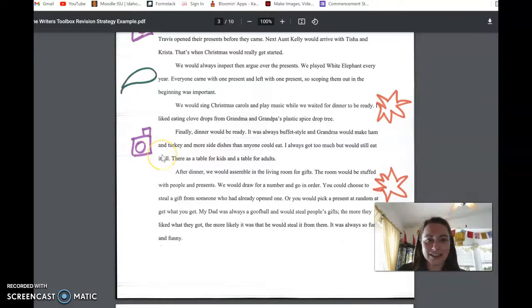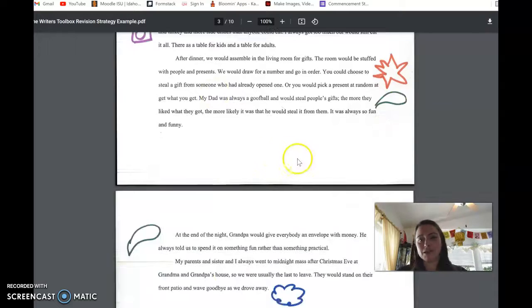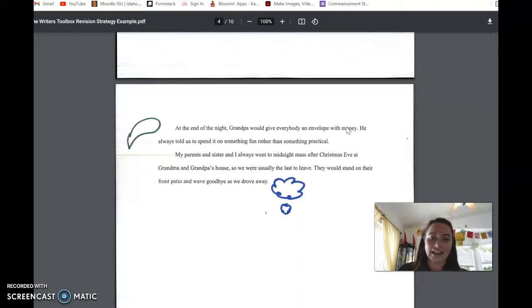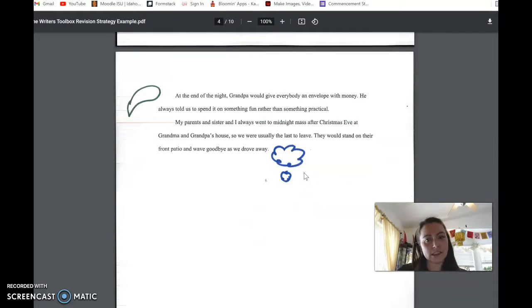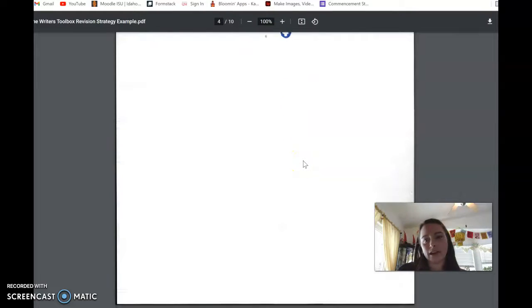Some snapshots of things. And this one, I added a snapshot of my grandma. She always had recipe cards that said what they were, that she would put on all of the recipes. So I could actually have a little snapshot of that. Explode a moment, dialogue. And then here at the end, I thought, oh, I need to end with a thought shot. What's going on in my head as I take off and drive away from Grandma and Grandpa's house. So that's the first draft.